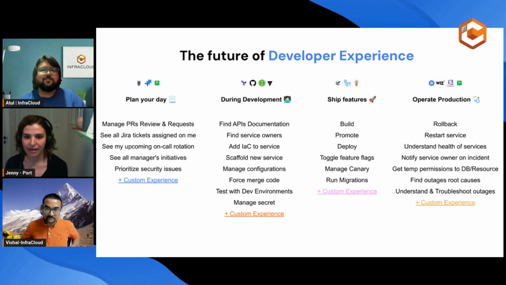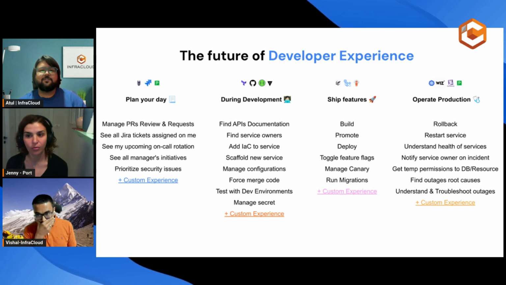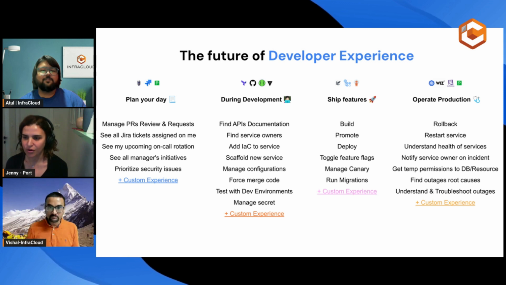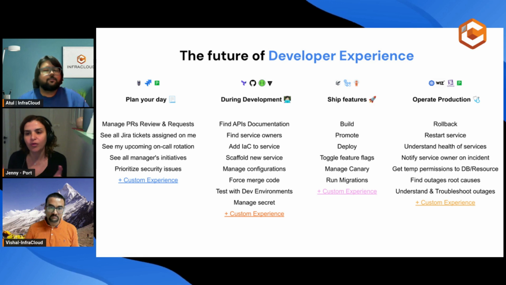So we are a tool that allows you to build your own internal developer portal. And the idea of Port, as I was saying before, is that it really allows you to build a portal that will completely fit your DNA and your needs, the needs of today and also the needs of tomorrow. And the idea of the portal is to provide developers an end-to-end developer experience.